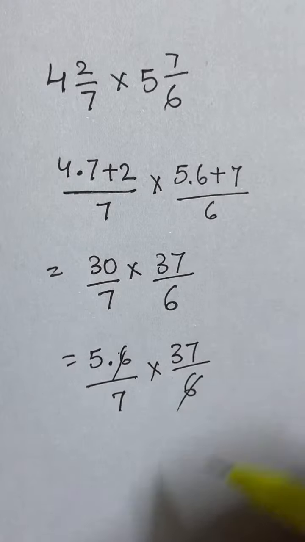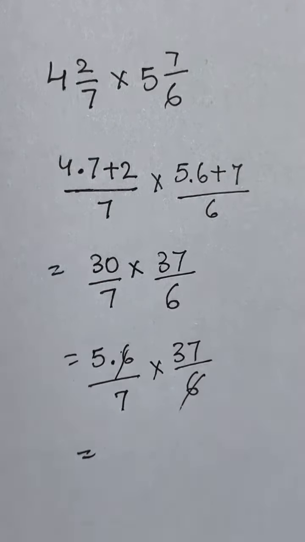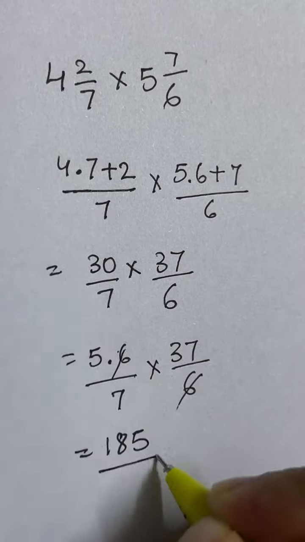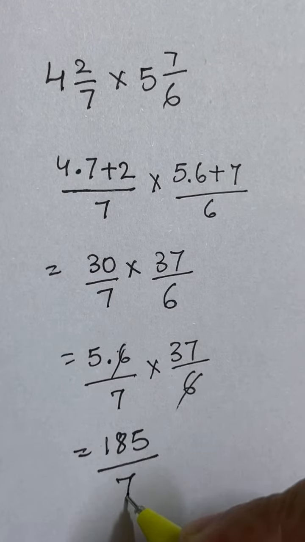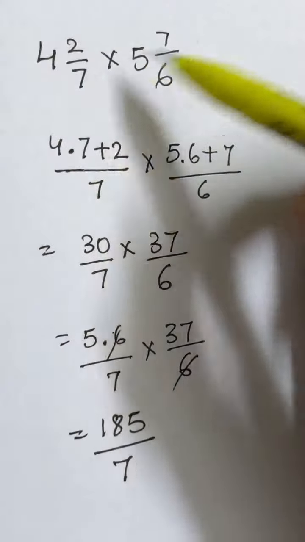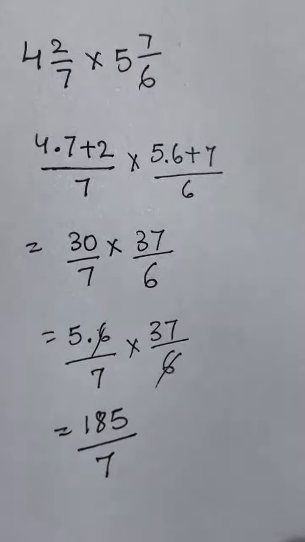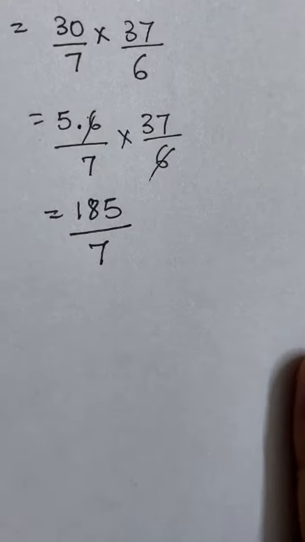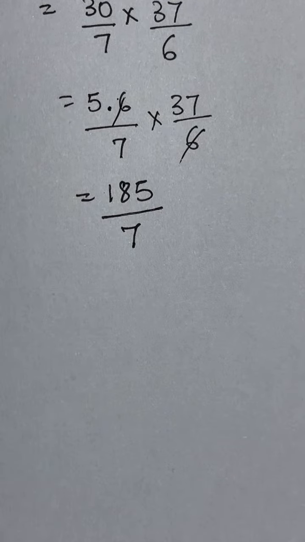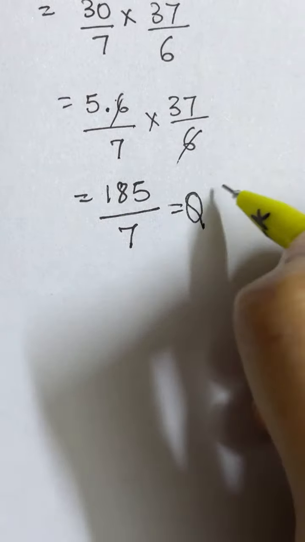6 can be cancelled down, so you can simplify easily like this. 31 times 5 will give you 155. So I'm going to write that down, 155 over 7. So this is how you get an improper fraction when you multiply two mixed numbers: convert, then simplify, and you get an improper fraction. Here, we're going to use the QRD rule to convert it